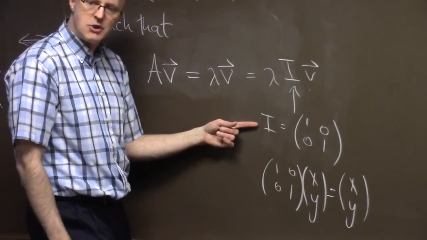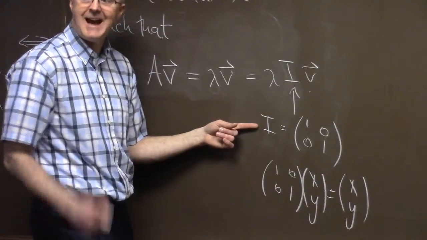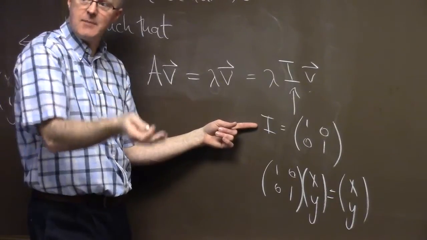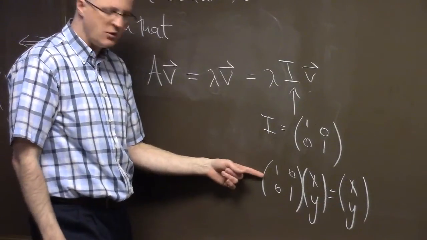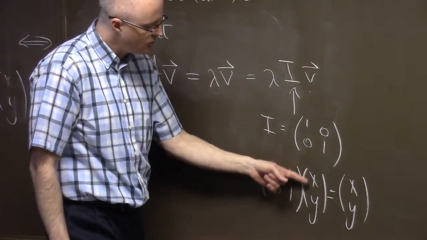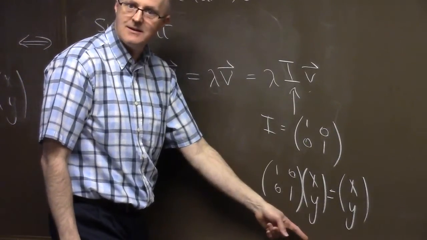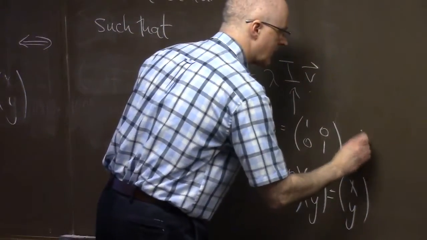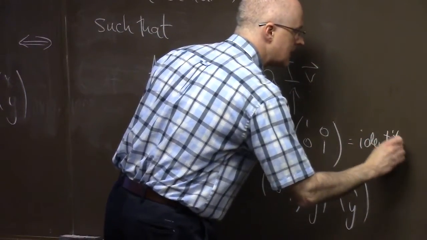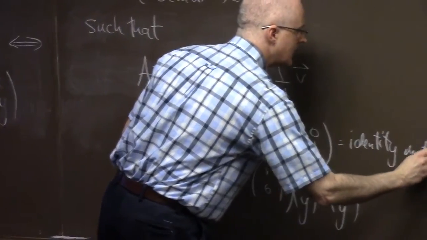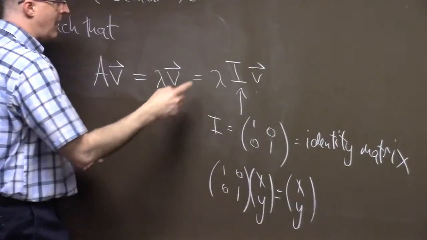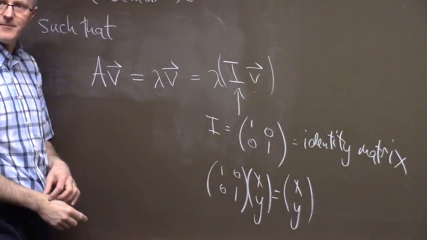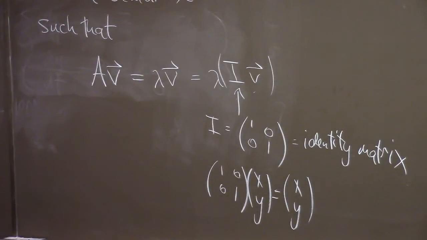It's got a name, it's called the 2 by 2 identity matrix. It acts like the number 1, because when you multiply 1 times any number, you get that number. Here, when you multiply this 2 by 2 matrix by any 2 by 1 vector, you get that vector back. So this identity matrix acts like the number 1. And so therefore, that's why I can write this, v equals I times v. That's a beneficial thing to do